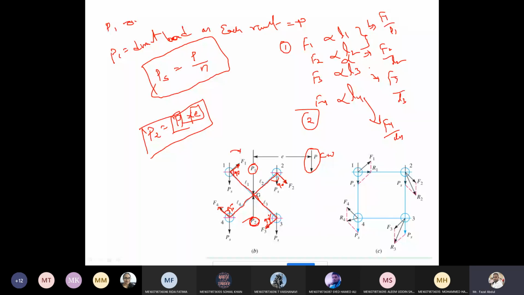So all have the same magnitude. It means this magnitude is distributed equally on all rivets. So we can write it as F1 by L1 plus F2 by L2 plus